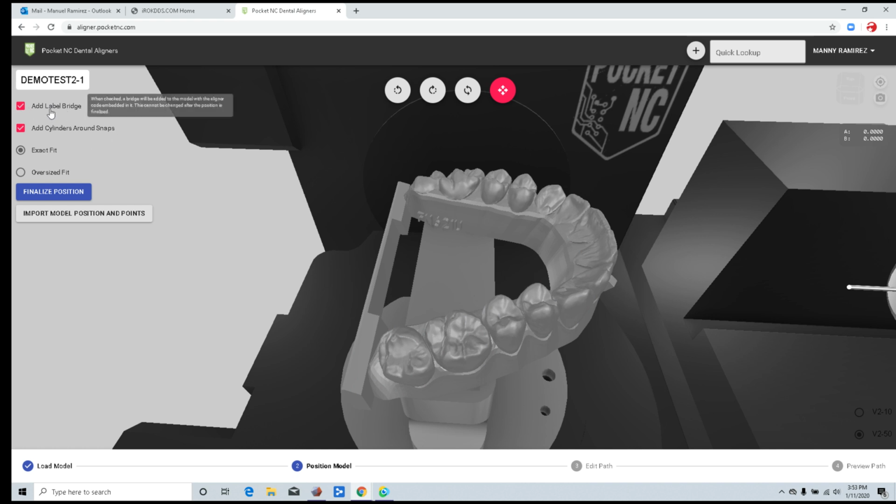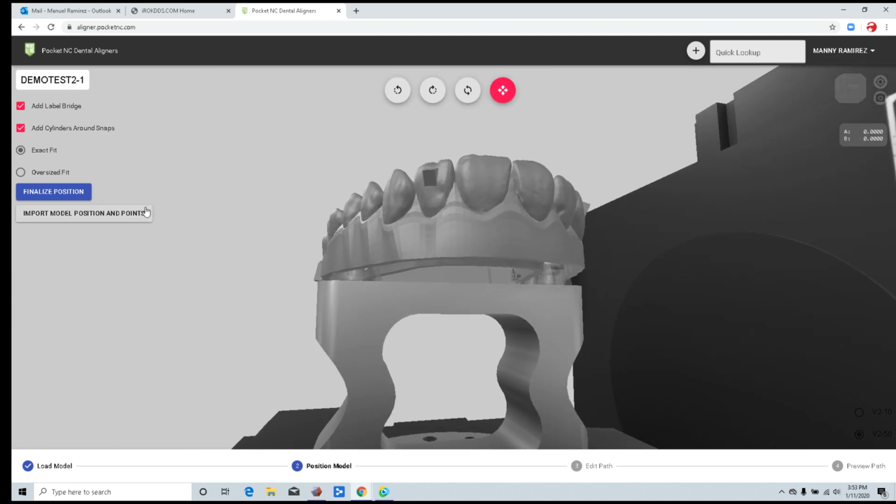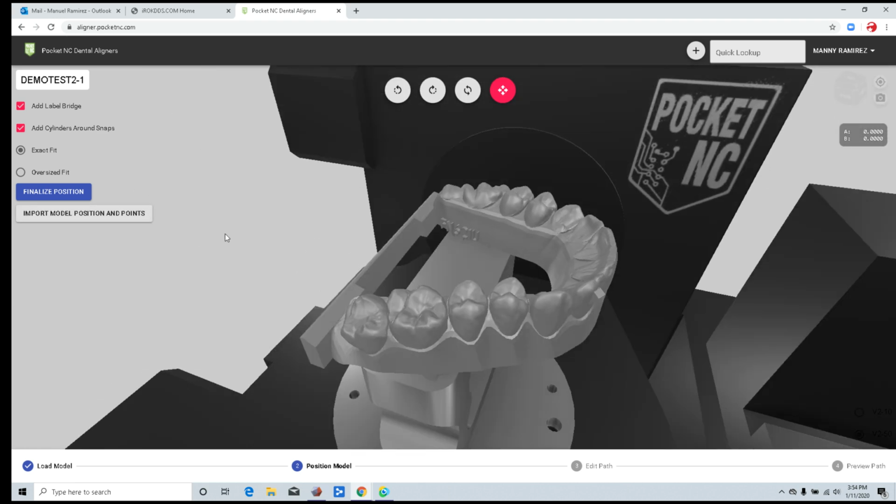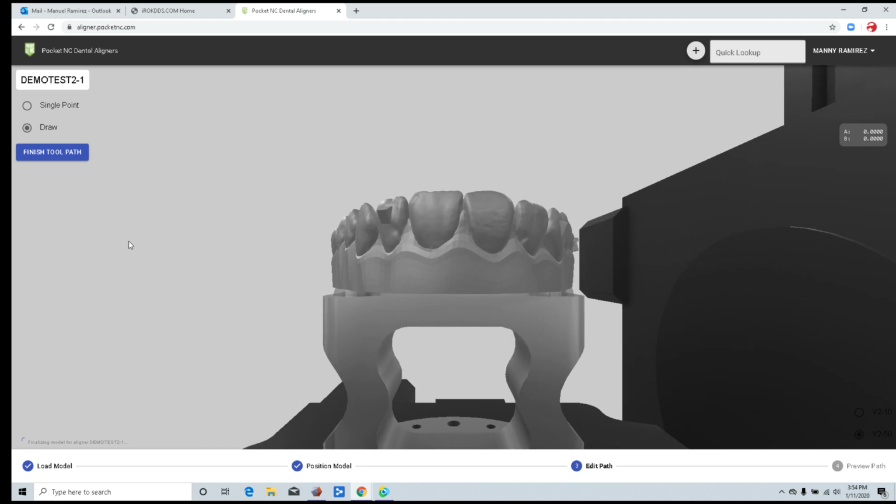By default, the add label bridge and add cylinder around snaps option is checked. I would recommend leaving it as is, and also do the exact fit. I'm not entirely sure what the oversize fit is all about, but possibly in a future video I will let you know what this feature is all about. So if I am happy with the position of this model, I can go ahead and finalize the position, and the next